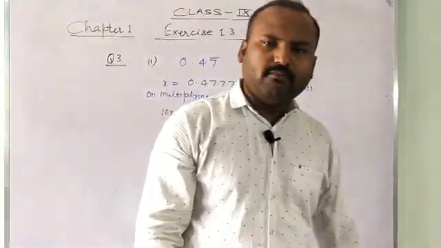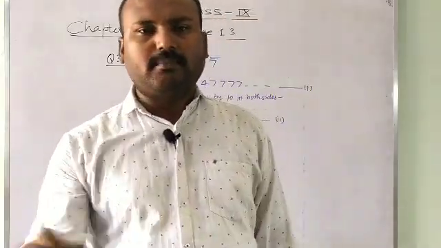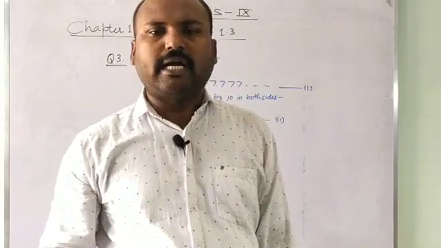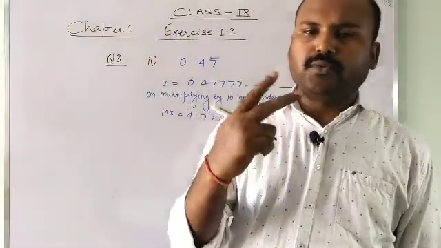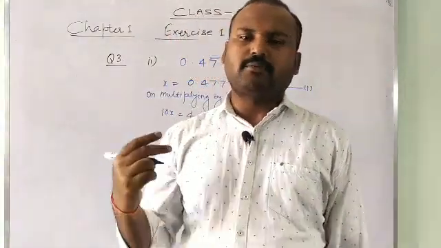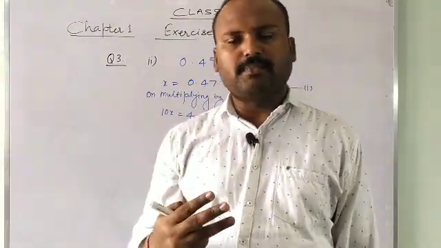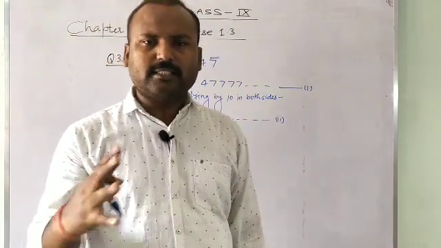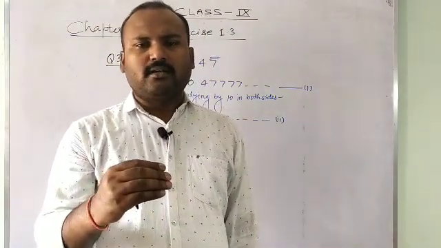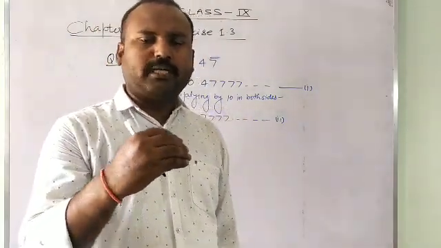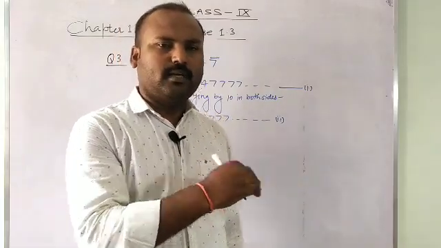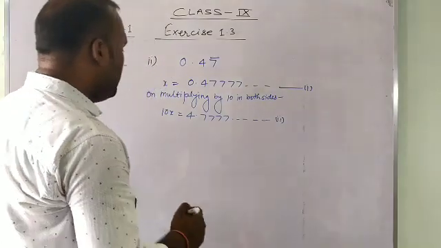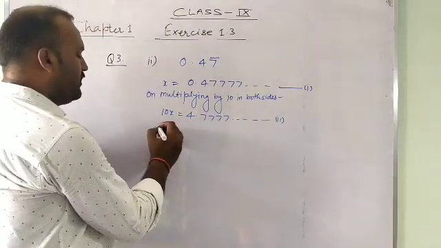And after decimal only one single digit is repeating in equation 2. For one digit we have to multiply by 10. For 2 digits, if 2 digits are repeating, then we have to multiply by 100. If 3 digits are repeating, then we have to multiply at that time by 1000. Okay, in this process we know how to multiply the numbers and which numbers we have to multiply the given decimals. So we have to multiply here by 10.